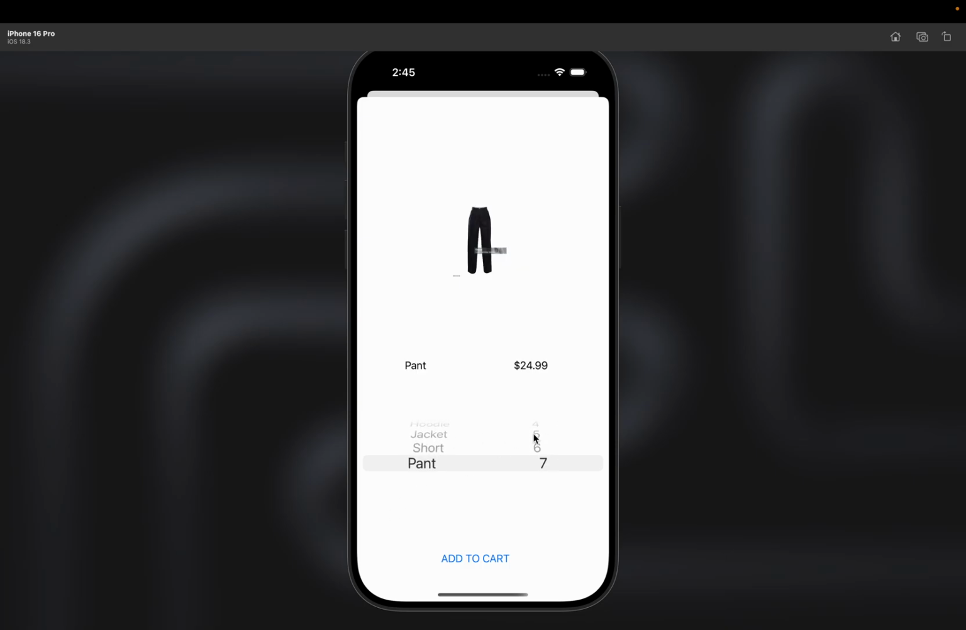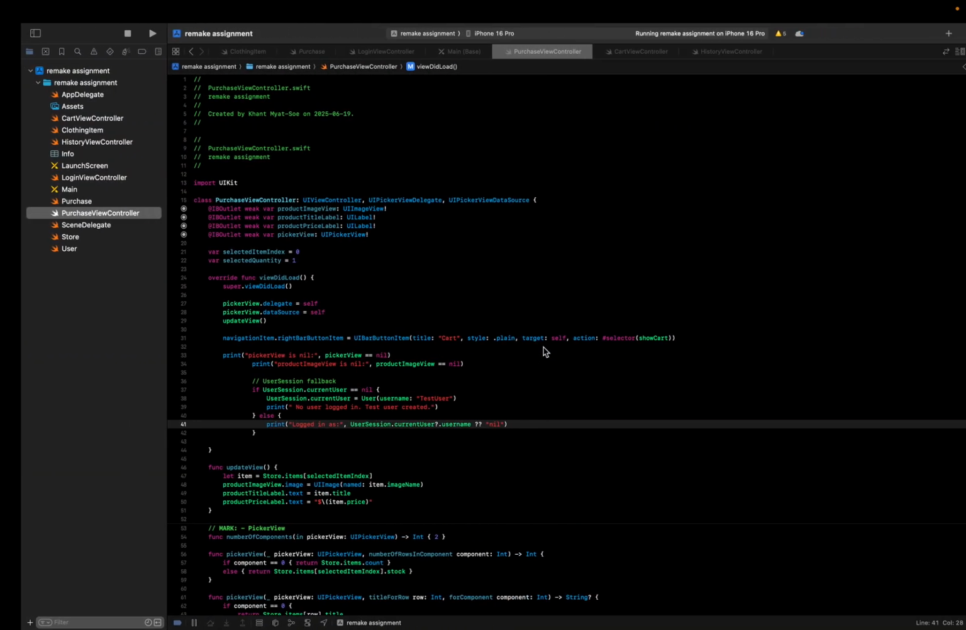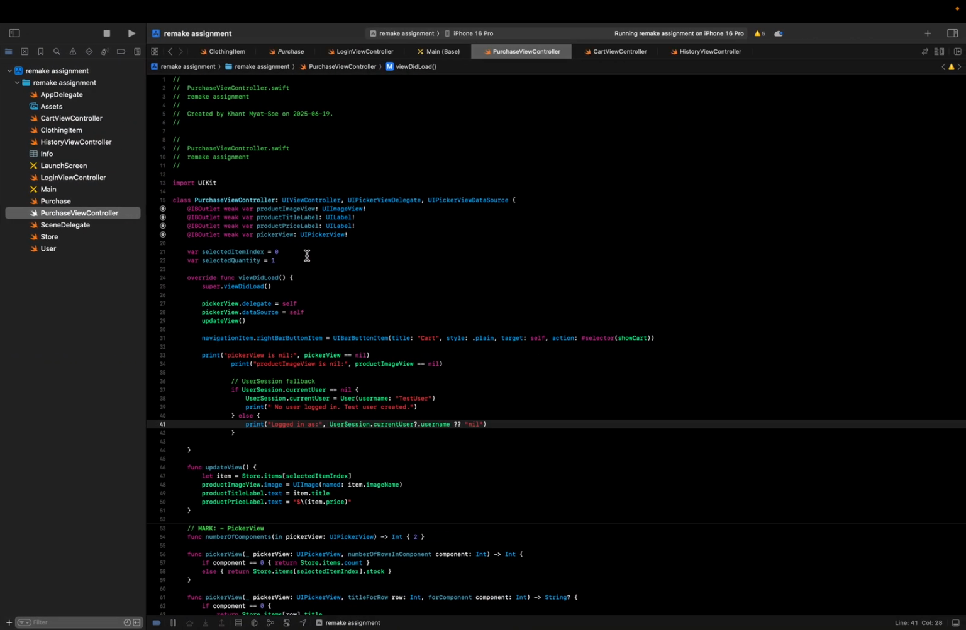And this one is the pen. So when you switch it to the pen, these are going to change into something like this. So for the code, these are connected from here to here. So the purchase view controller, this view will show item information and allow adding to the cart. The picker view has 2 components, one for the item and one for the quantity. And add to cart is tapped, a purchase is created, and it's going to go straight to the